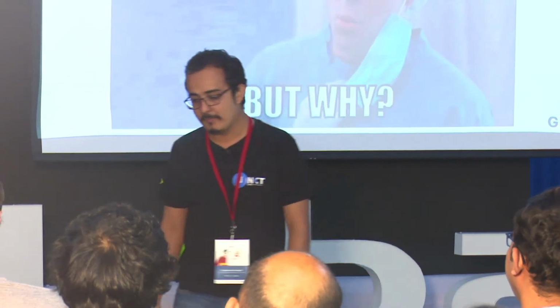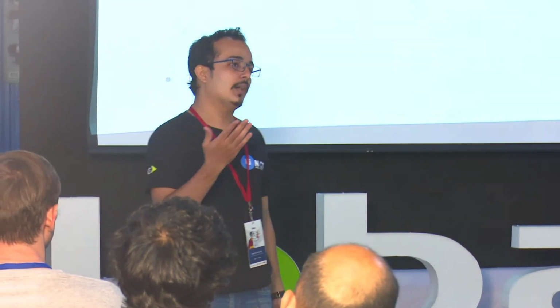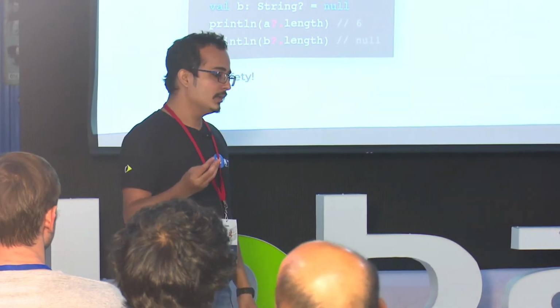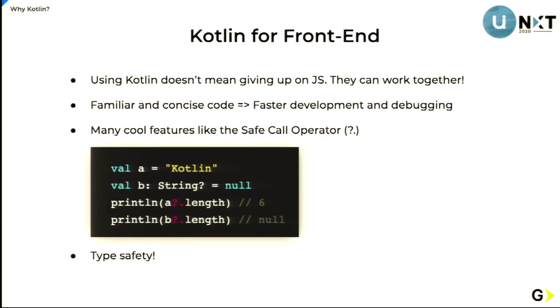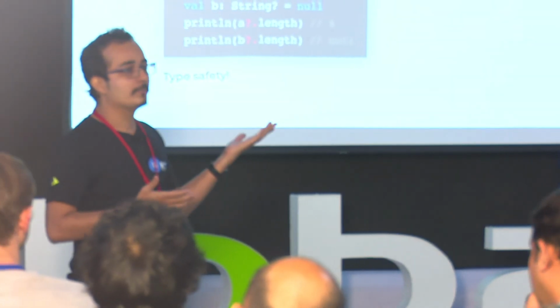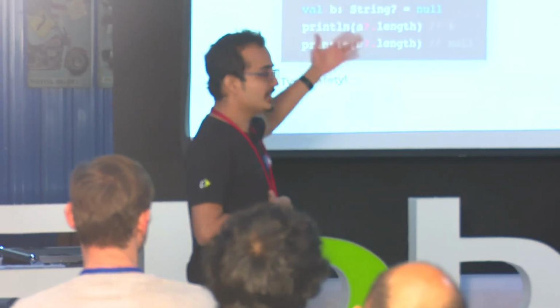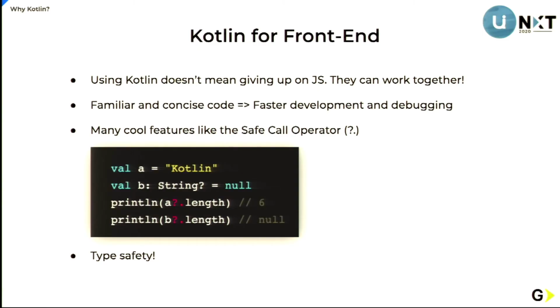And there are n number of reasons as well. For example, familiarity. If you are coming from a compiled language background, you will be able to relate with the syntax in no time. You will be able to catch up with Kotlin syntax in no time. Plus, there are a hell of a lot of features that Kotlin provides. For example, interoperability. You will be able to call your JavaScript code from your Kotlin code. We just saw in the demo, right? That's possible. But it's not just one way. It's the other way around as well. You will be able to call your Kotlin code from your JavaScript code. Cool, right? It's super cool.